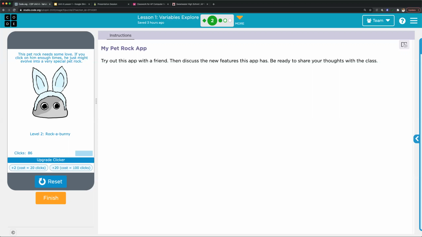Almost there. And there we go. So I'm going to go ahead and upgrade. So I use those 100 clicks, and so you'll notice that my click counter reset to 0. And so now each time I click, it's going to be worth 20 clicks. So now I can quickly increase my click score. And then once I get to 500,